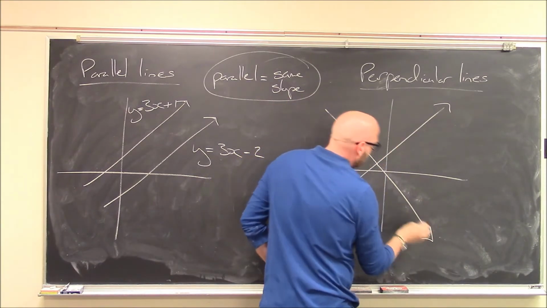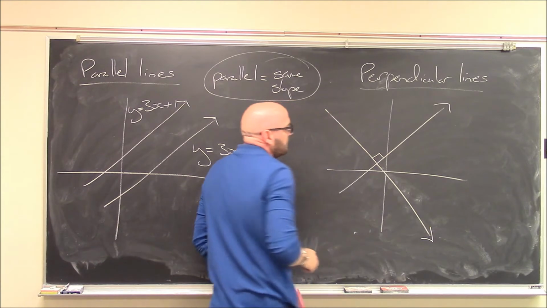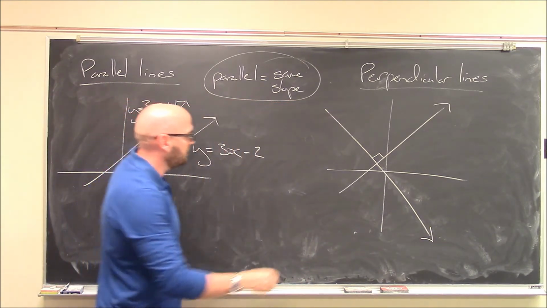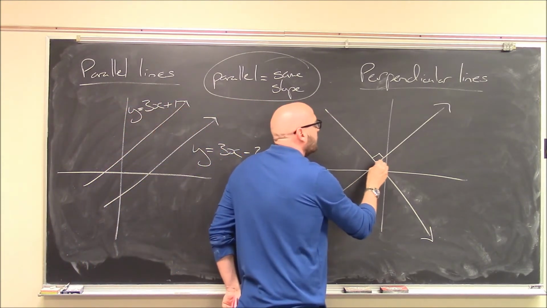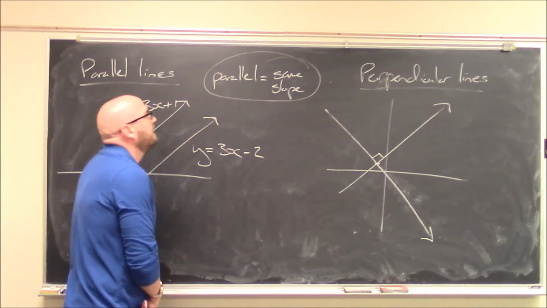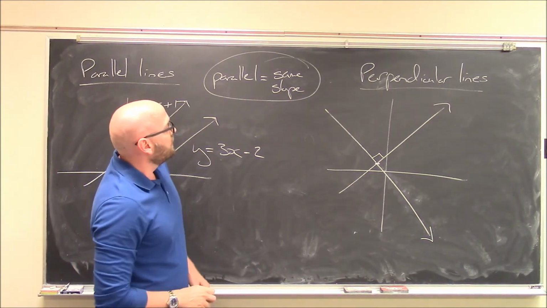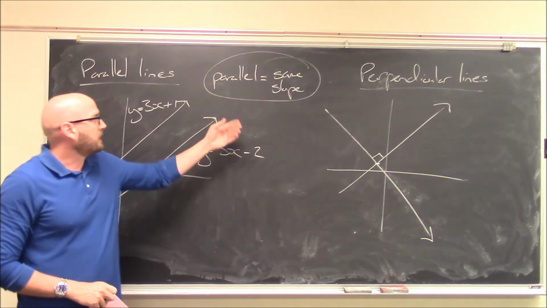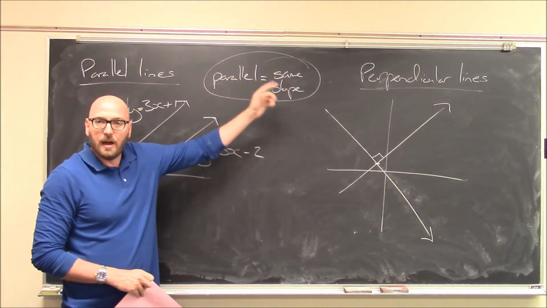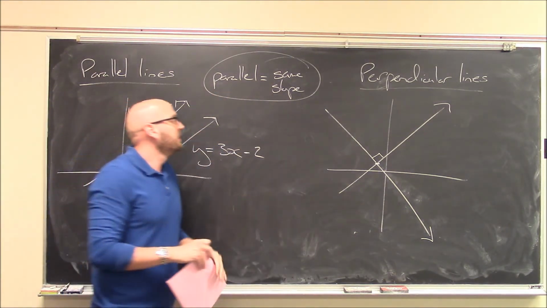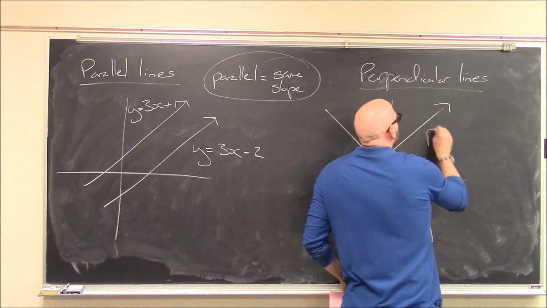So there's a right angle, right? They intersect each other, and they do so at a 90-degree angle. And it turns out if you're perpendicular, you can still make some sort of relationship between their slopes, right? And perpendicular